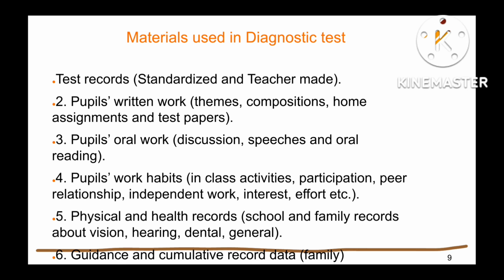So whatever anecdotal registers are maintained, she can check whether the children behaved like that earlier or not, or she can check the family background, his or her community, all kinds of things. And next is interview with pupil,